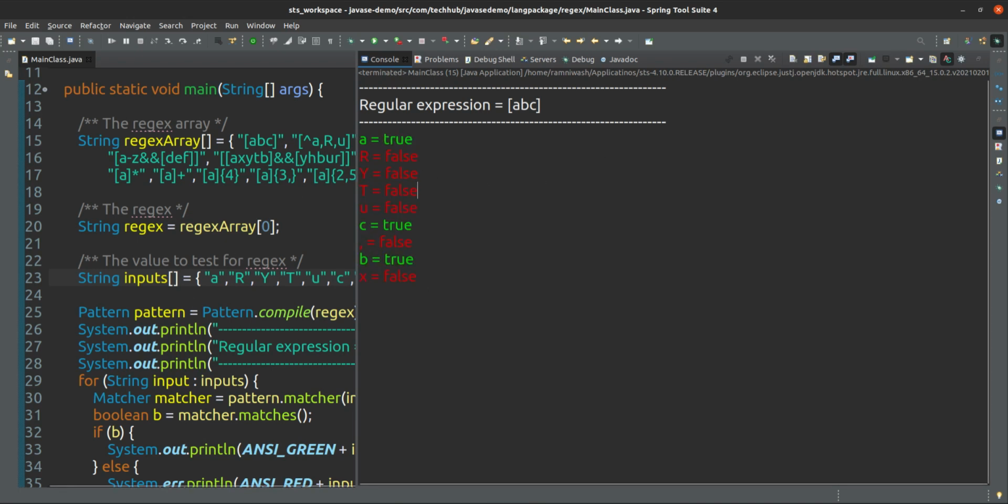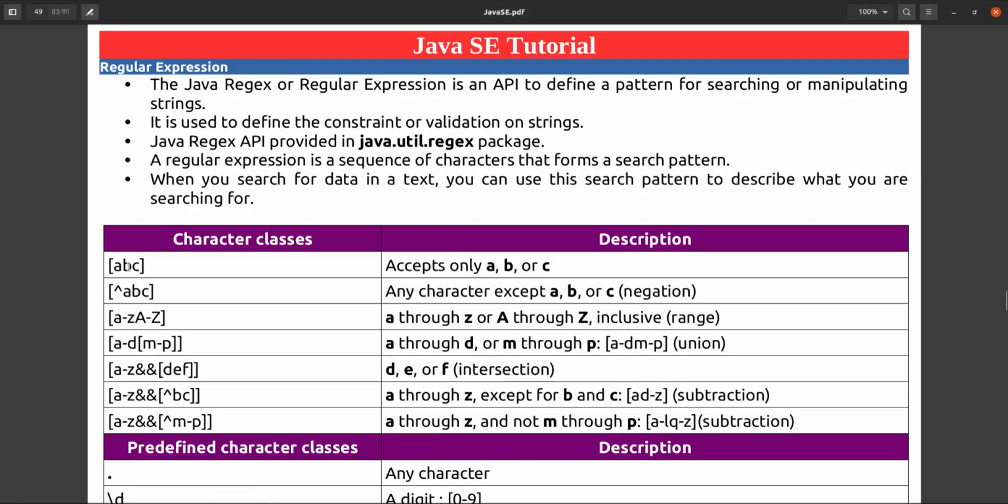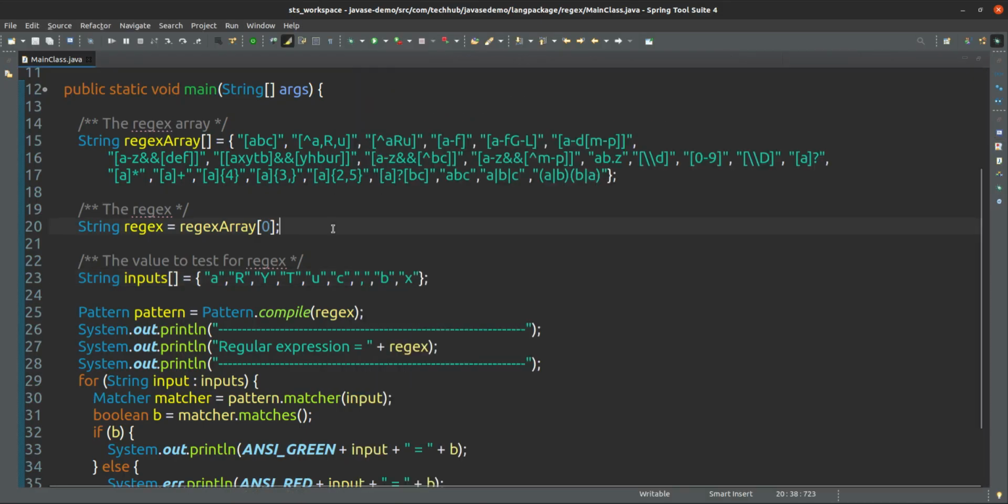So this is the first regular expression, A, B or C. Now the next regular expression. I will change it here, no issue, or you can take something else, it is up to your choice. Currently I am taking A, B or C. Now what exactly does it mean?